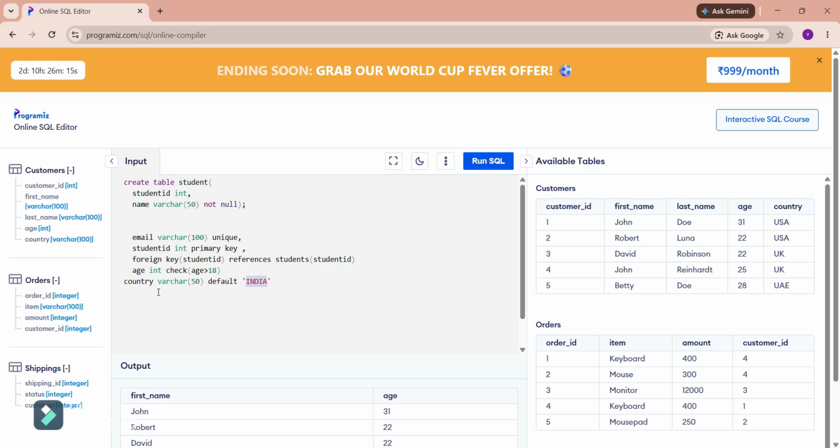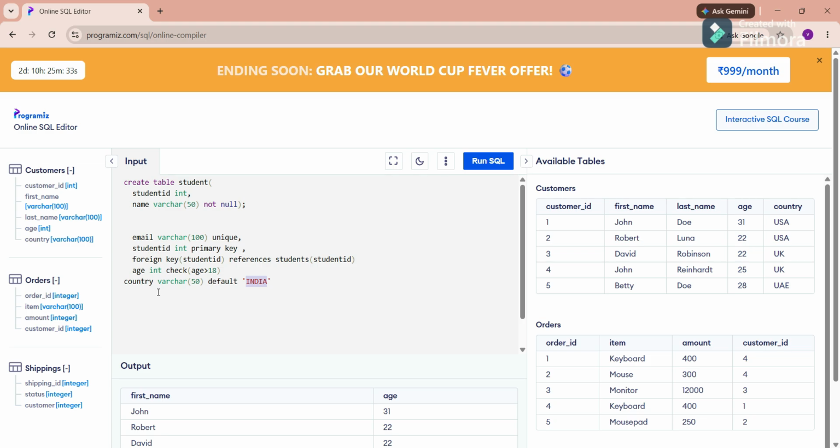So let's discuss a complete real world example. Imagine you are creating a bank account table. Inside that, the account number is unique, so we can consider this as a primary key. Customer name cannot be null, so we declare it as a not null constraint. Email is also unique, but because we have already declared a primary key, in one table if you have more than one unique column, then we declare it as a unique key. That's why we have declared email as a unique key.